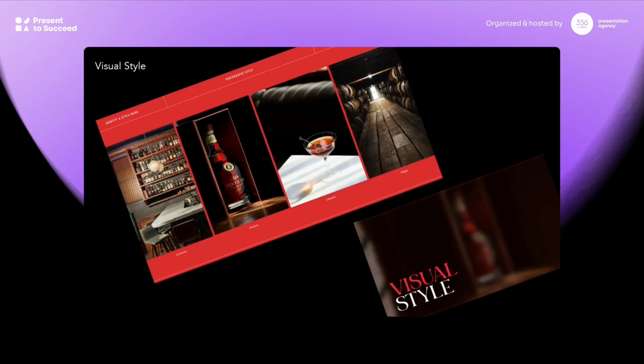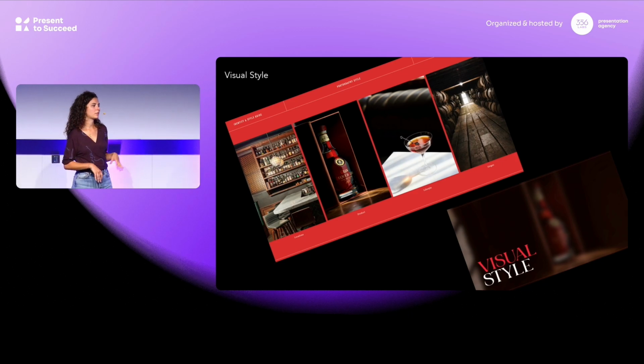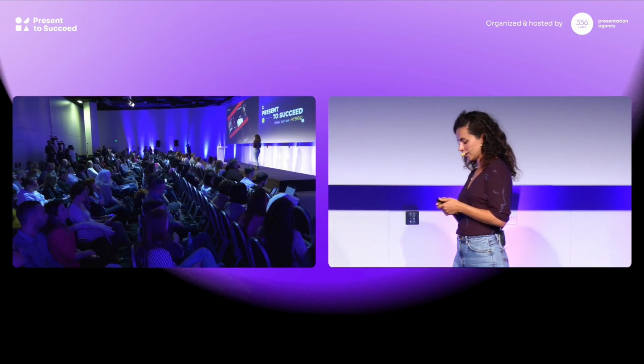And then we have visual style, the most interesting stuff. So in my example, I only have a mood board with photography, so this is the style of the photography that we should be using ideally. So it's darker tones, little red accents, and things like that. But depending on the company, you could also find the style of illustrations. You could find, if there was a custom library, the custom icons library created for your brand, you will find it there. So icons could be really useful for the presentation.